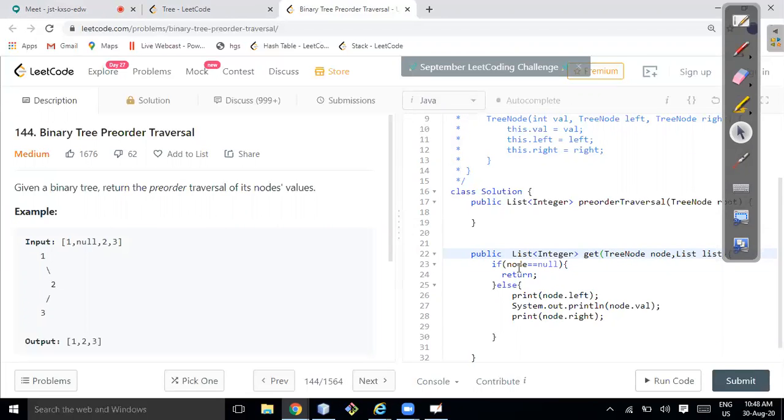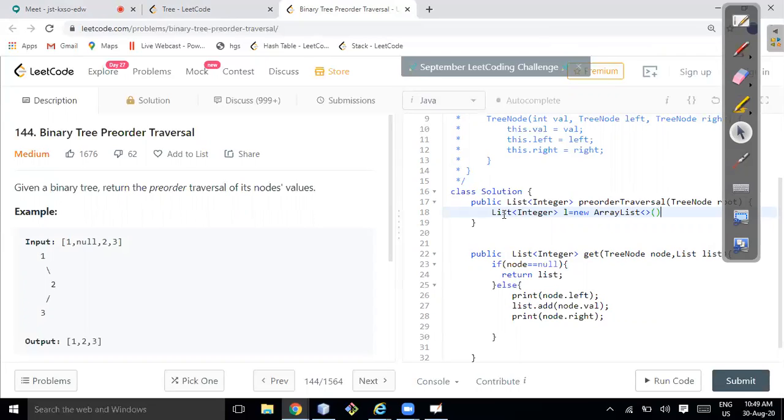Okay, and here I'll pass return list. Okay, and here I'll add list dot add. Okay, and here I'll declare list of integer L is equal to new array list.